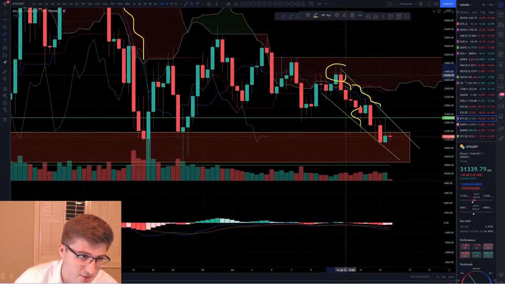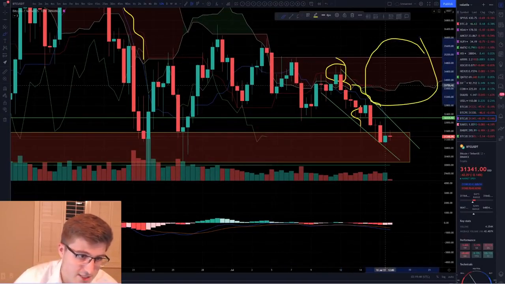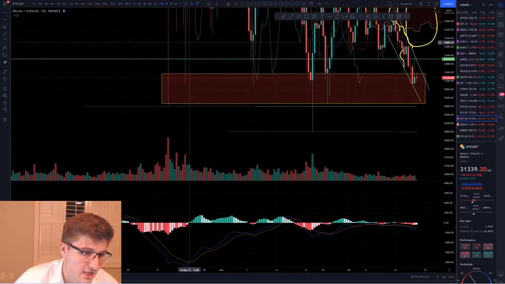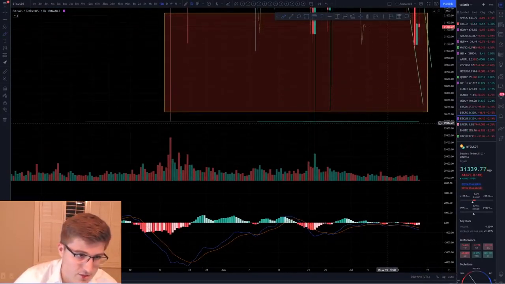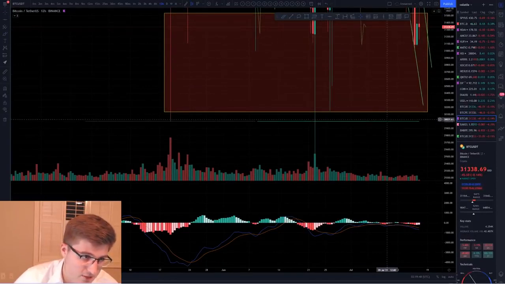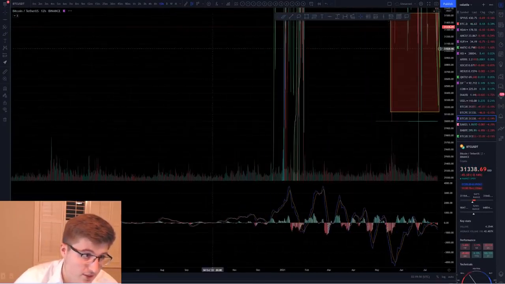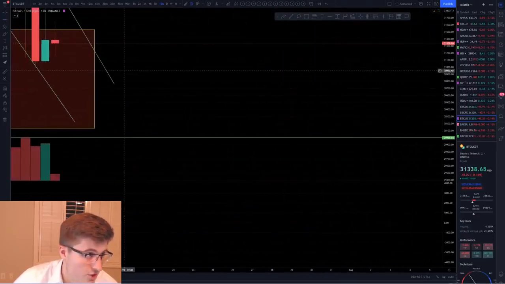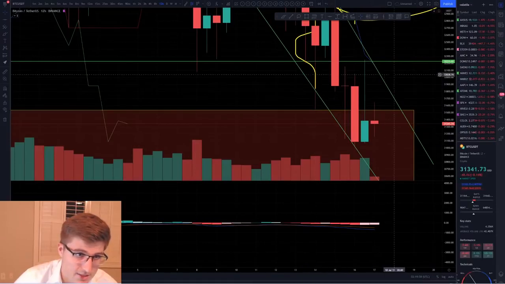You see how it has this resistance level 2 that it sniped. Very nice. But yeah, showing a lot of resistance at these levels. And we do see, at least on the 12-hour, that we have some sort of support here at this 30K. Who knows if this will hold? We'll have to see. I'm just going to throw a little support down there just in case. All right, so I'm going to show you guys how to set up your trade.